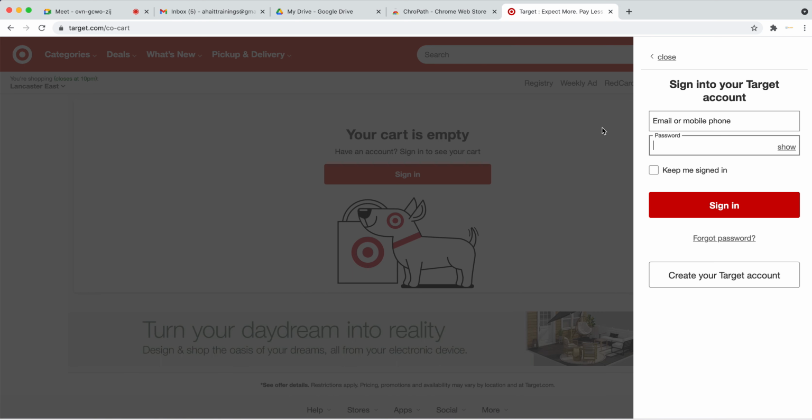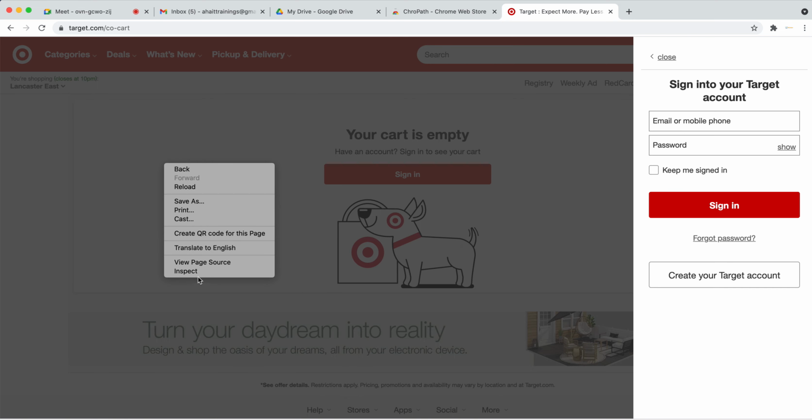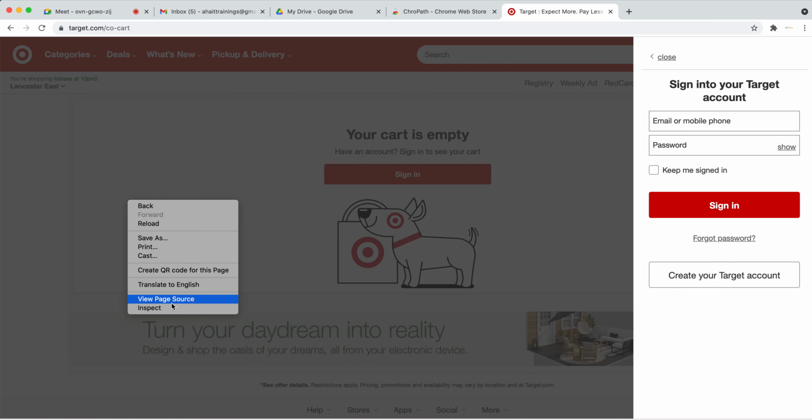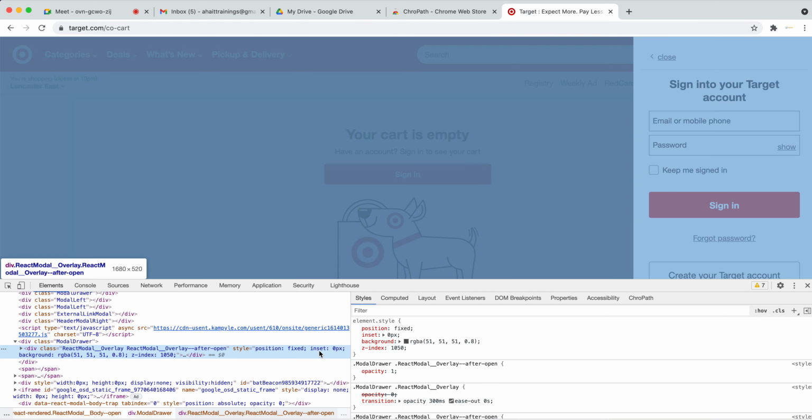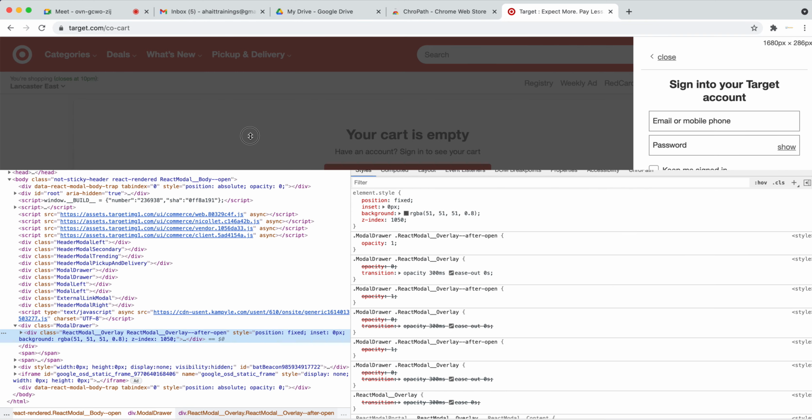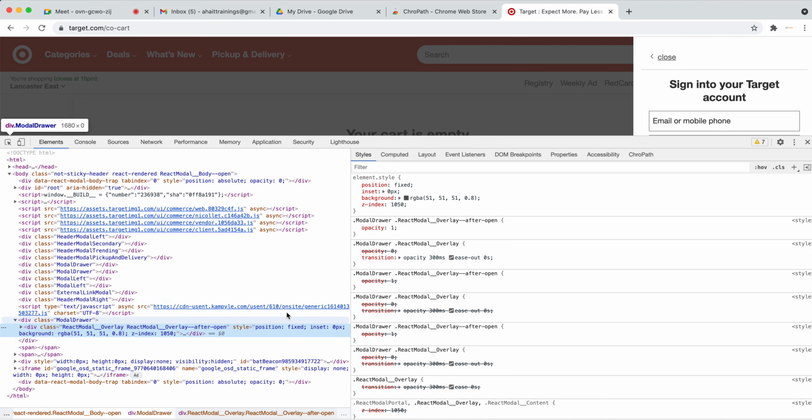So every web application loads with the HTML content. So when you go to inspect, right click on this page, click on inspect, you will see the HTML code. So this is the HTML code of the target.com.